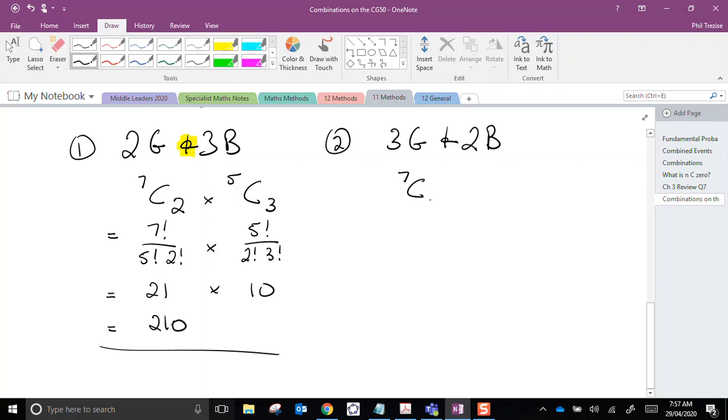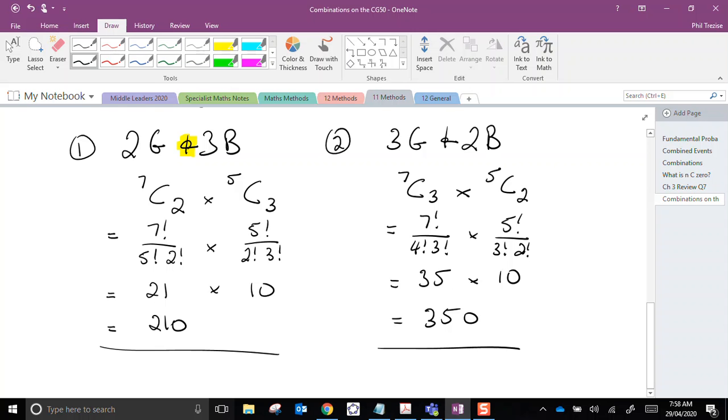So we've got 7 girls and we're choosing 3 this time, multiplied by, we have 5 boys and we're choosing 2. So 7 factorial, 7 take 3 would be 4 factorial by 3 factorial, 5 factorial, 5 take 2 is 3 factorial by 2 factorial. Now, my calculator helped me with these. Of course, you can put 7C3 into the calculator, but I would like to see something like this to show your understanding. That becomes 35 possible ways of selecting the girl councillors and 10 for the boys, that's